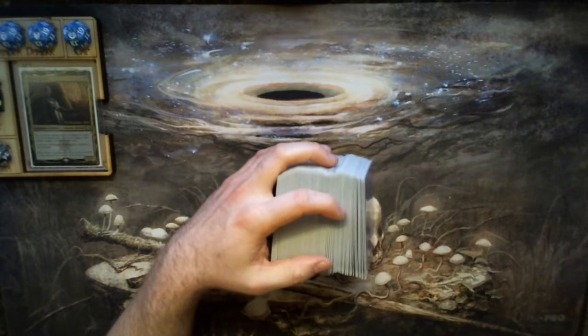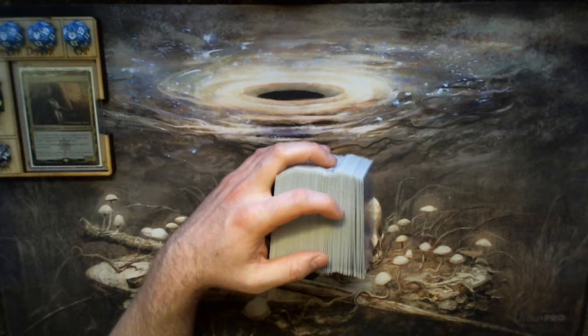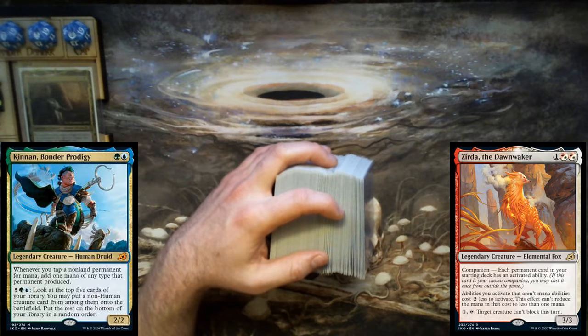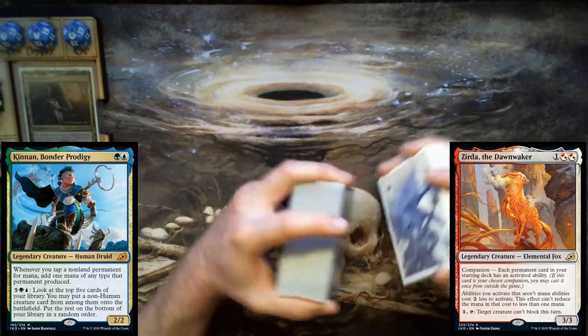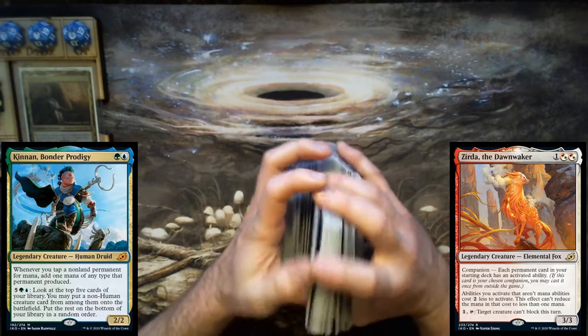Another 2 cards actually that I saw come out of the Ikoria previews week 2 would be Kinnan, Bonder Prodigy, and what's that little fox dude? Oh god, what's its name? It's the Boros one. Zirda, I guess. The Dawnbreaker. The important thing about these 2 is that they make infinite mana with old Basalt Monolith,